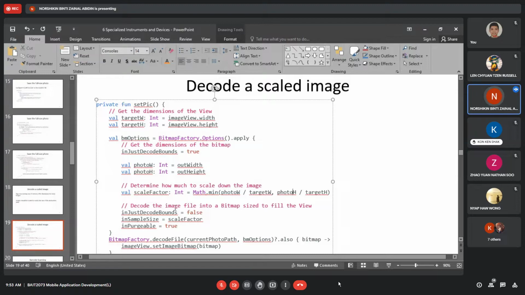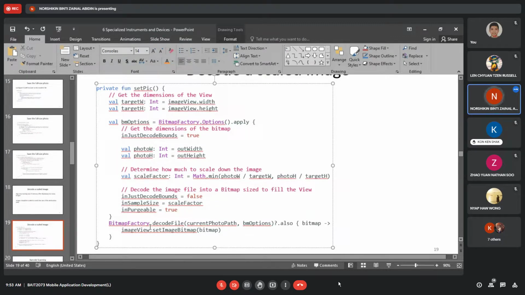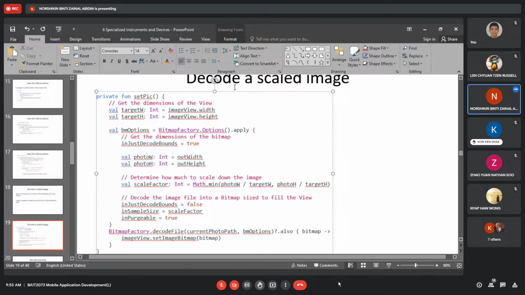And then decode the image file into a bitmap sized to fit the view. So here they will do some checking: inJustDecodeBounds false, inSampleSize scale factor, and then true. So here, BitmapFactory decodeFile. They will decode the file. Decode the file means that is the process where they already resize.